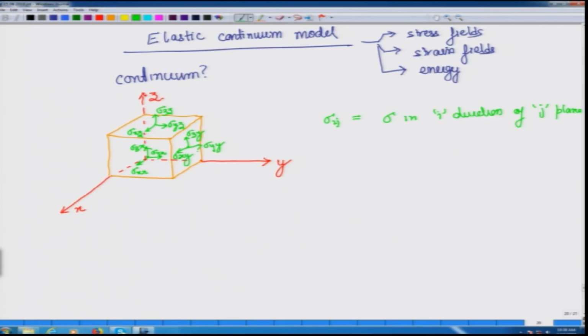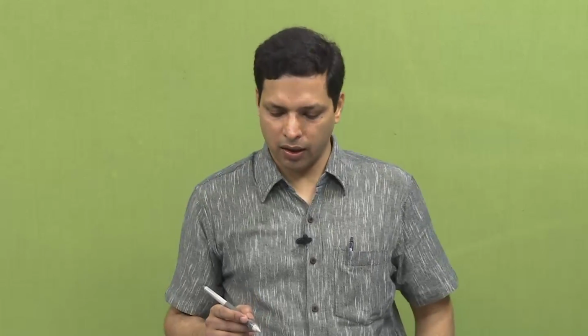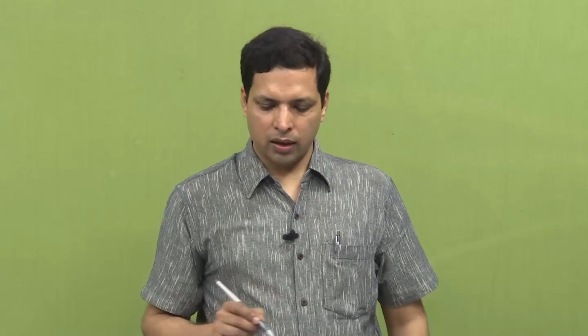So, now you know what the 9 components are and what their meaning is. The x x, y y, z z, as you can see, are tensile and compressive type. The other ones with mixed indexes represent shear forces. So, you are deforming it with a shear kind of force. These x y and y z with mixed indexes represent the shear. Now, once we understand this, something similar would also be representing the strain.